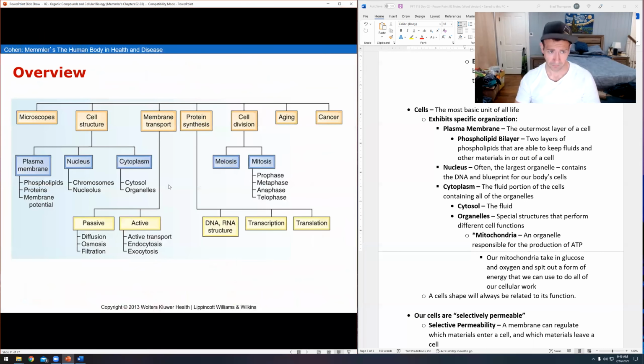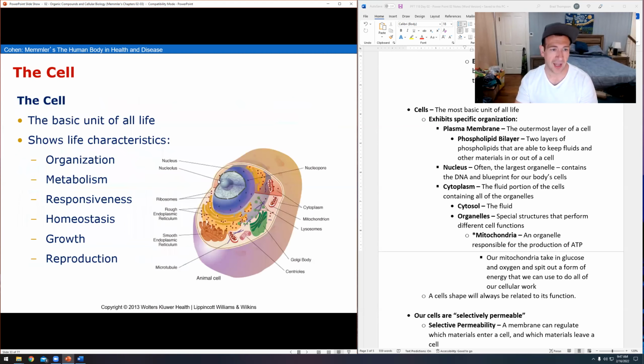So we're going to talk a little bit about cell structure, what's going to be found inside of a cell. We'll talk a little bit about how membranes work, how they're allowing certain materials in and certain materials out. And then I will briefly mention protein synthesis. We'll talk a little bit about DNA, but I'm not going to spend too much time on that. And then cell division, aging, and then cancer cells. These are all very distinct things that are pretty much strictly based in the medical field. Again, that's not really our role, so I'm not going to spend too much time on these. But if you guys have a question about them, please feel free to ask.